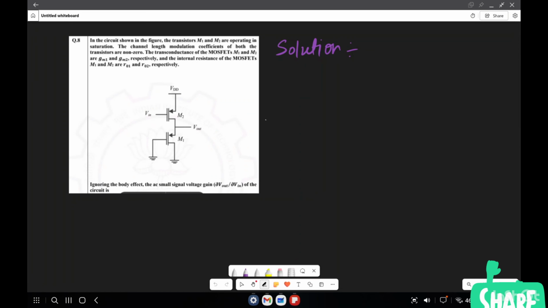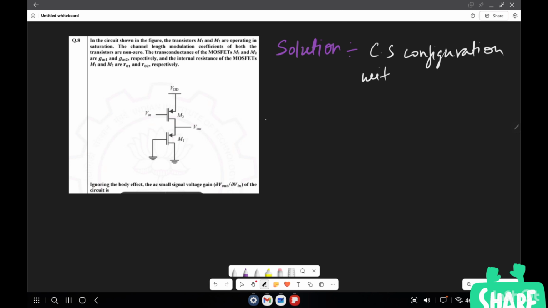Hi everyone. Today we are going to discuss this important question given in GATE, I think 2021 or somewhere. If you read it, it has lengthy descriptions, but here what we need to find out is what this configuration is. This is simply a common source configuration